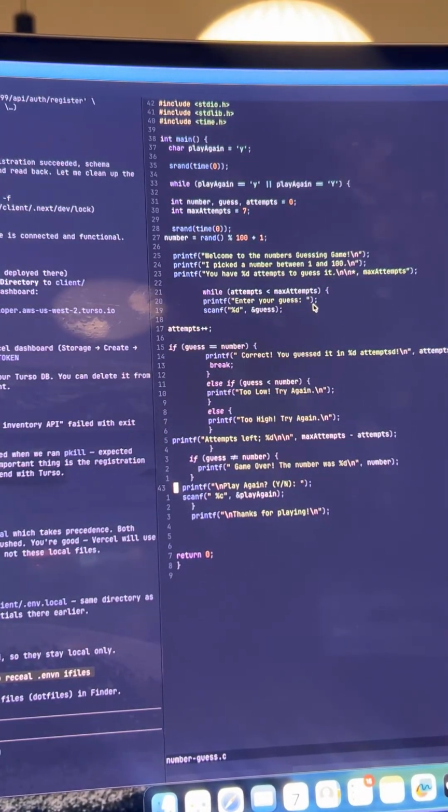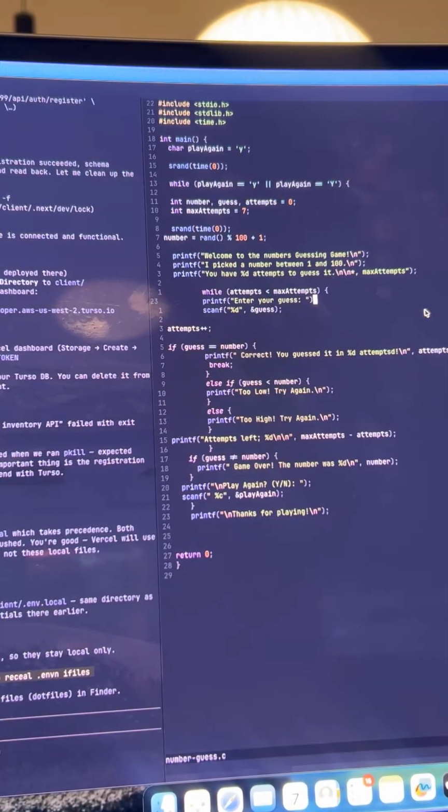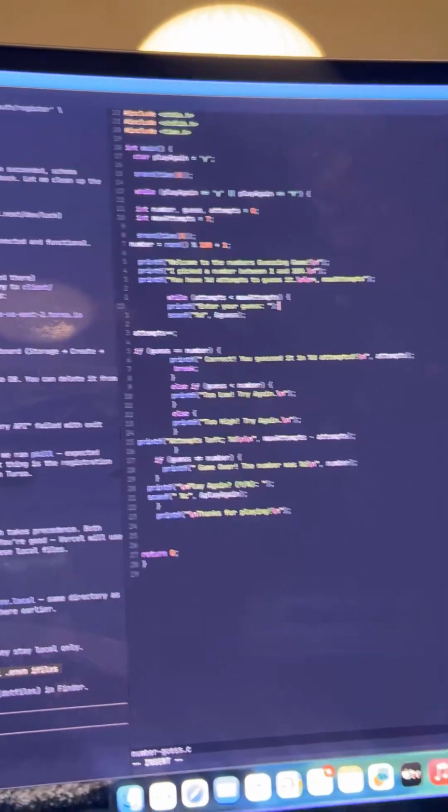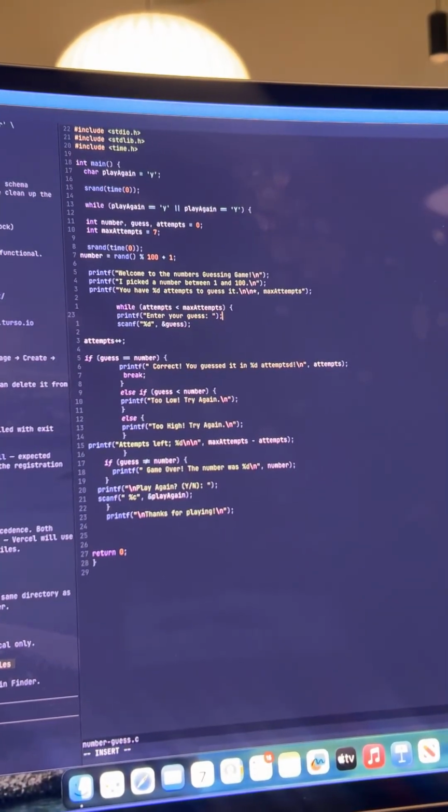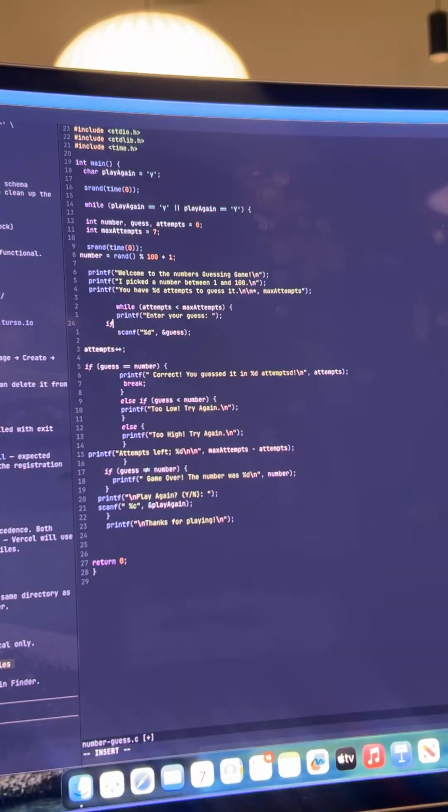printf, enter your guess. Oh, I have to click I, right? Yep, you click I to put it into insert mode, so now you can change stuff. After printf, enter your guess, then if